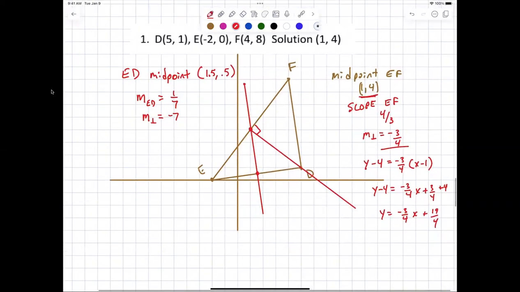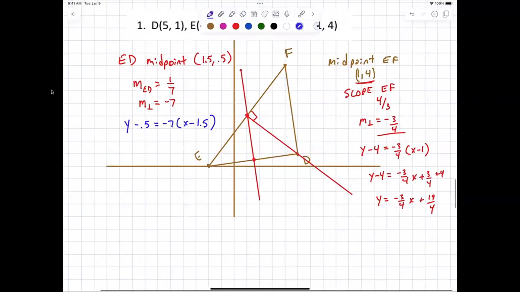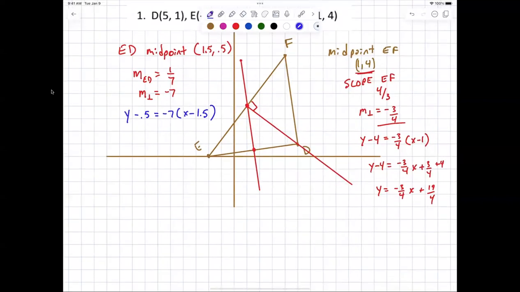So now we got to write the equation. So the equation would be the equation of that. Come on, guys. What's that equation? Y minus 0.5, right, is equal to -7 times x minus 1.5. Thank you, buddy. All right. Now let's go ahead and distribute. So y minus 0.5 equals